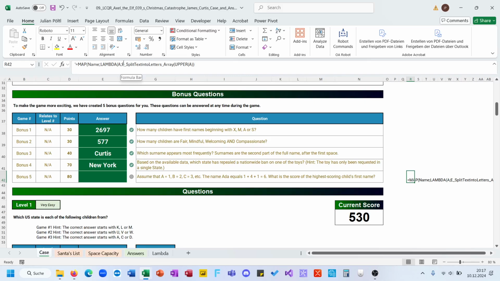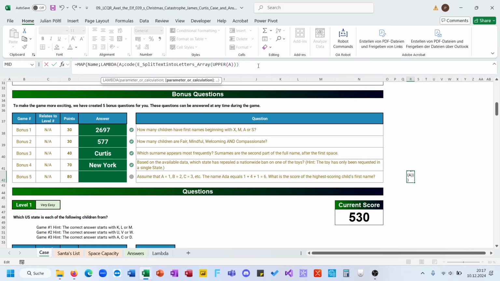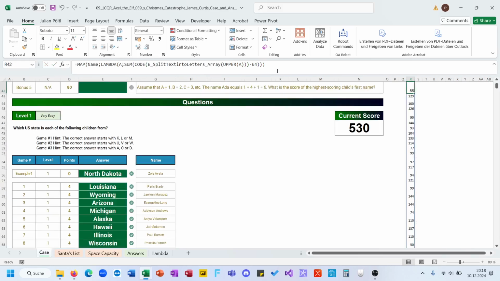And if you then split this, use code on this, then minus 64, and sum this up, you will get the result you're searching for, and then you can do an XLOOKUP